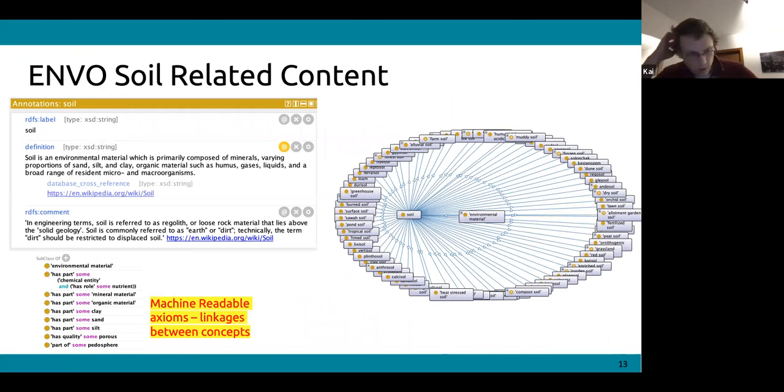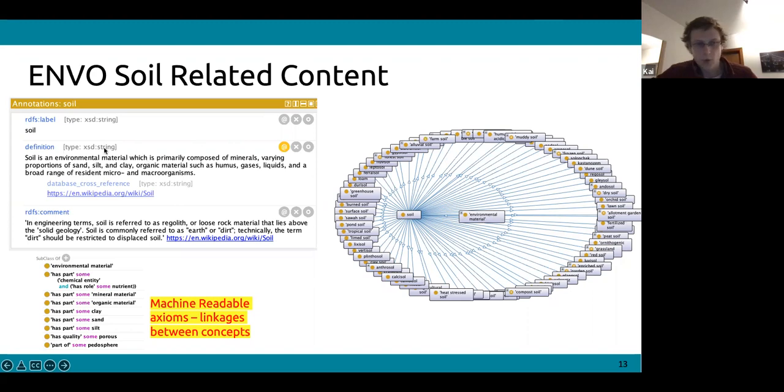So a bit more about ENVO soil related content. Of course, there's room for more. There are plenty of terms, but of course, there's plenty of things missing as well. So just starting at the top, the ENVO soil hierarchy, you can see here's how ENVO is representing soil at a high level. It has many, many subtypes. So you can see in this graph a lot of different subtypes of soil, and that it itself is an environmental material,